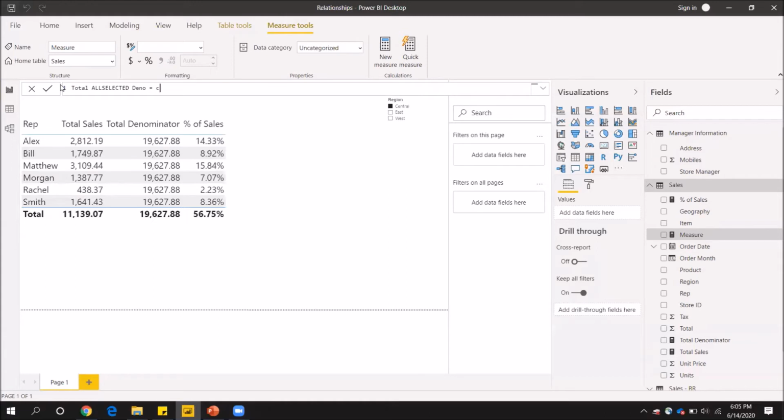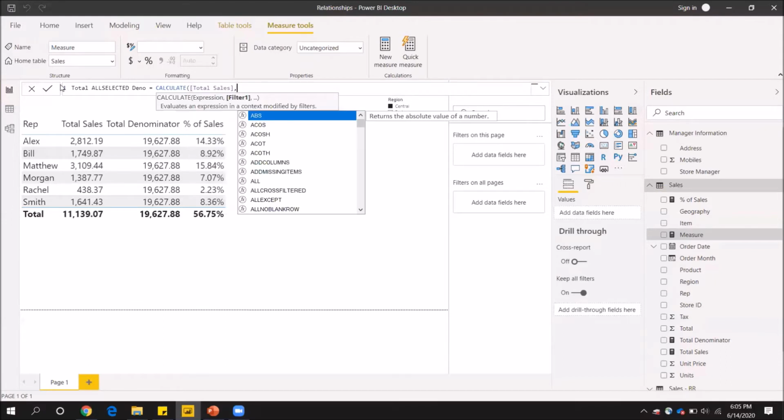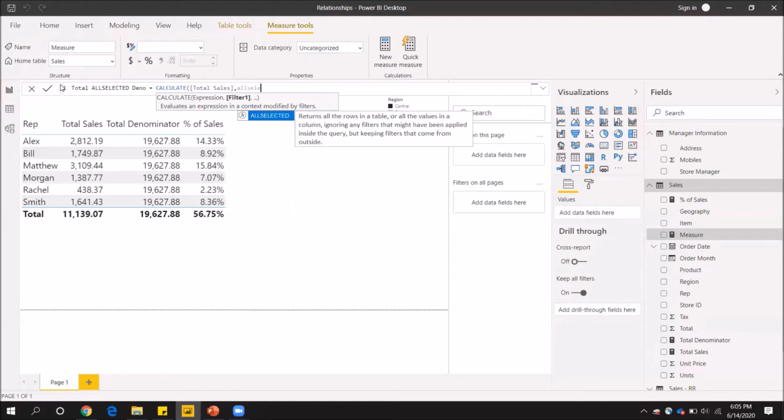And like before, I'll use a CALCULATE function. My expression would be total sales. In the filter I'll type in ALL SELECTED.